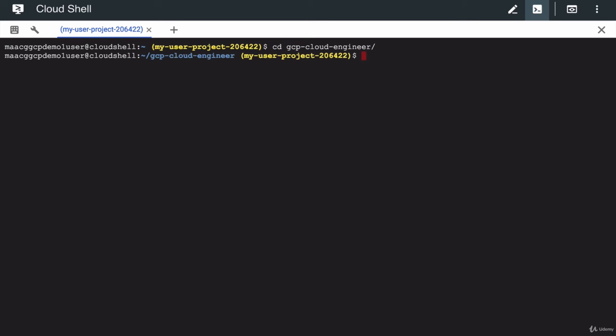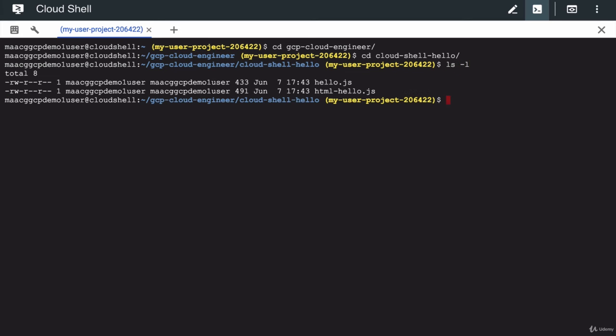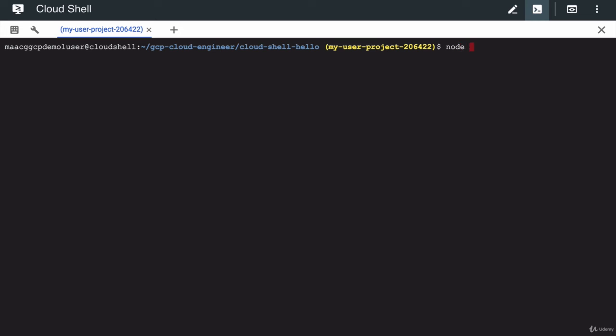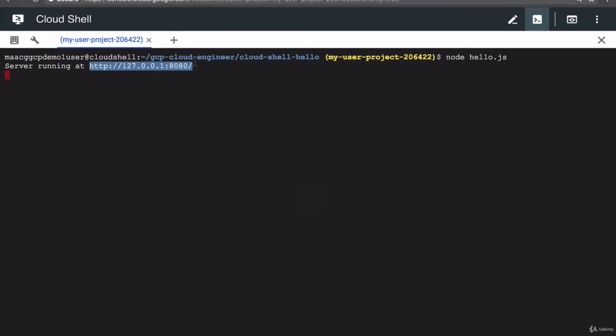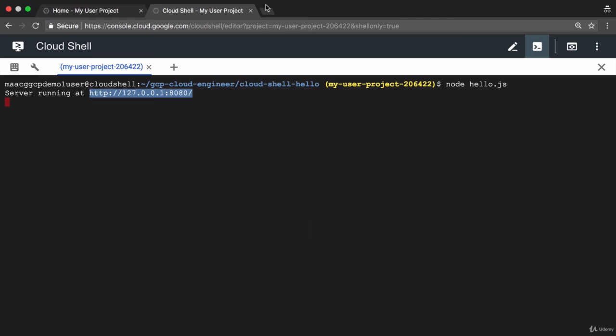gcp-cloud-engineer. Now inside there's another folder called cloud-shell-hello, so let's go into that directory as well. Now you can feel free to do both of these in one step if you want. This directory has a couple of source files for Node.js applications, and so we're just going to check that out now. If we run node space hello.js, it tells us that it's running an application on its local host address on port 8080. But if we try navigating to that address,